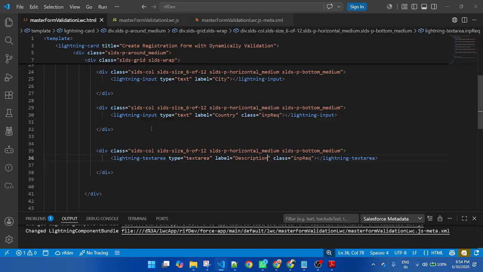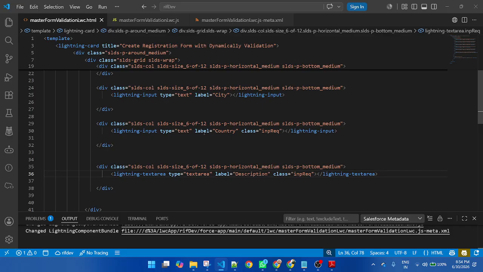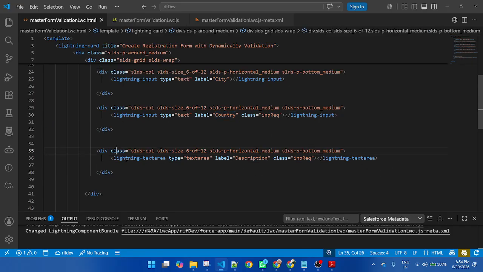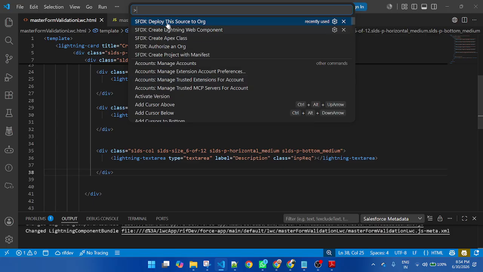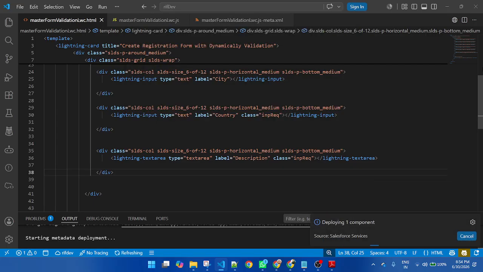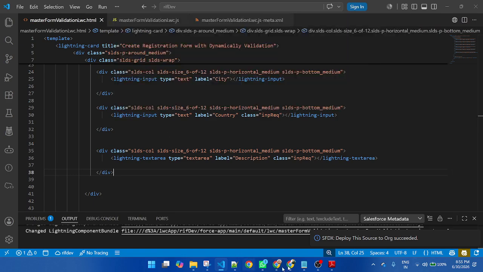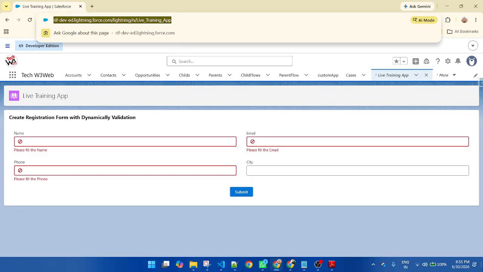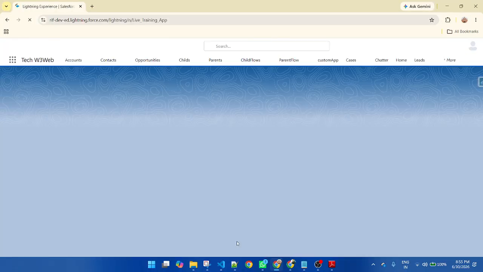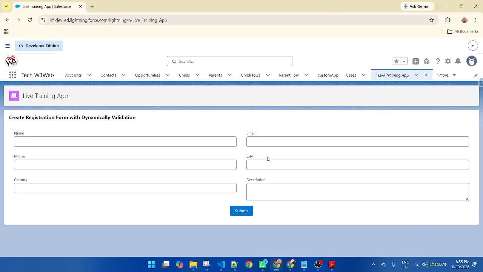So right now I am adding two more input fields. The first input field I am adding is a country. The second input field I am adding is a text area. So both will work automatically. I am not adding any line of JavaScript code. Okay, I added two input fields. Deploy the code. Now let me refresh once again. So it automatically adds both of the input fields, but I did not add any JavaScript because I created the JavaScript dynamically. So it will work for every kind of input field, including description as well.